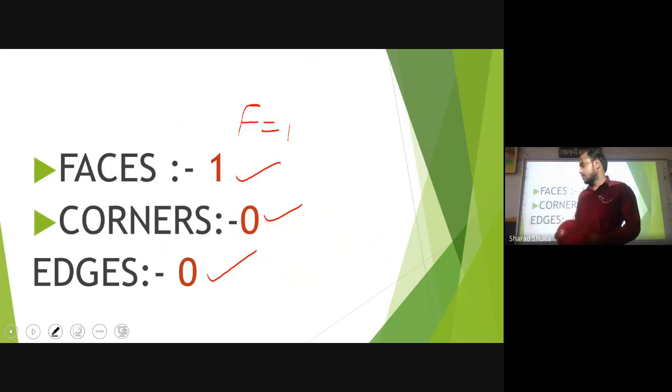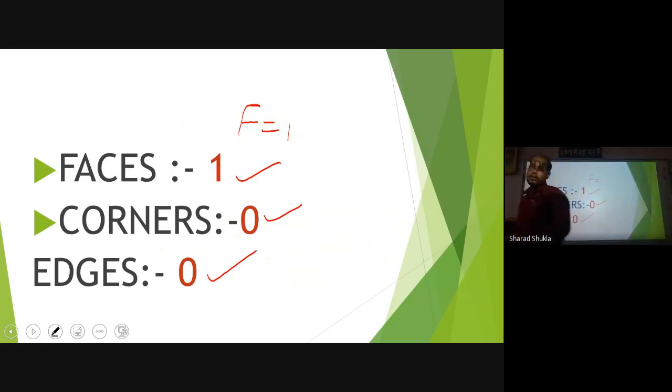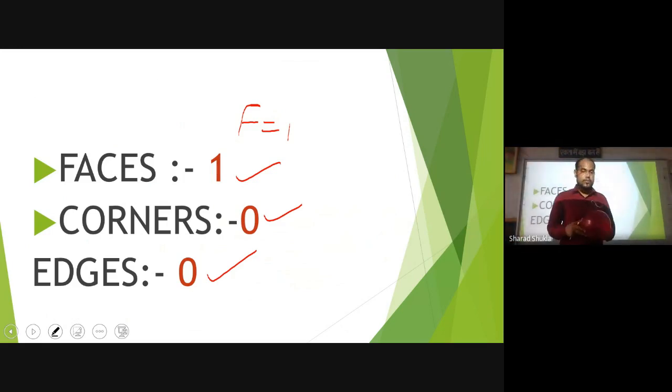Okay. So I hope all of you understood very well the concept of 3D shapes, and we understood the properties of 3D shapes. We also understood the difference between 2D and 3D shapes. I hope all of you